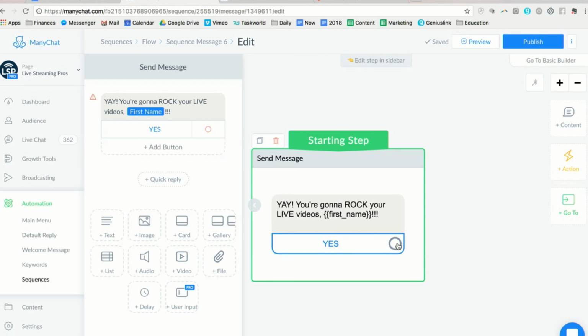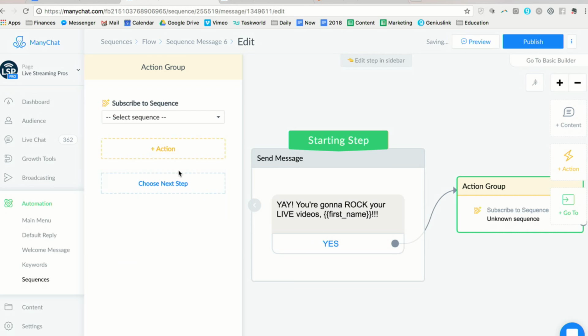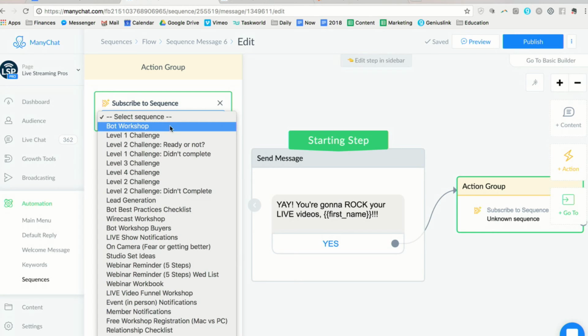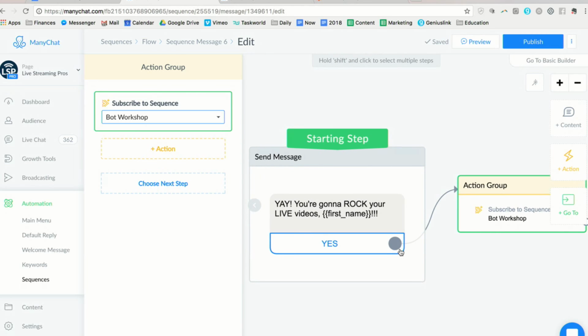And then what you can do is, if they choose yes, you can actually do this little action. Okay, so if they say yes, then I want to create an action. And I want to subscribe them to a sequence, meaning maybe my bot workshop, right? That's obviously got to be what makes sense to you.